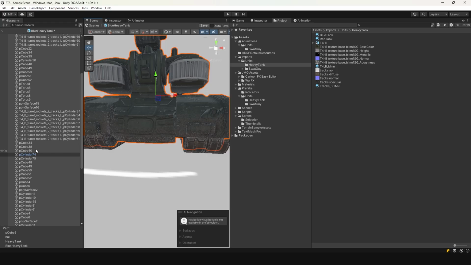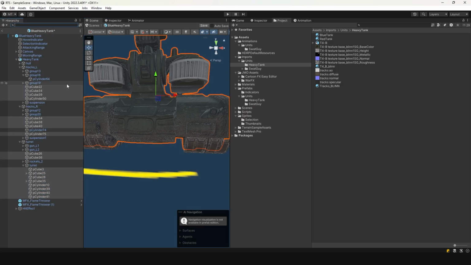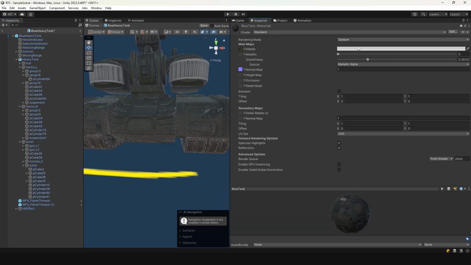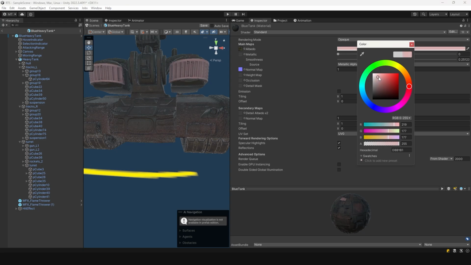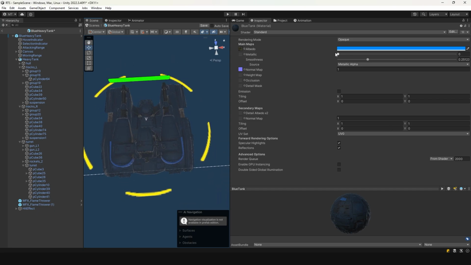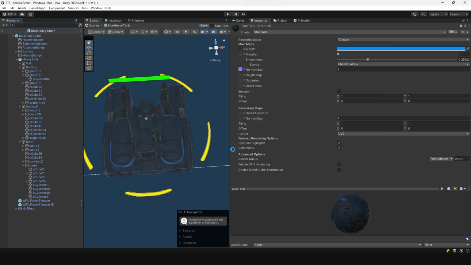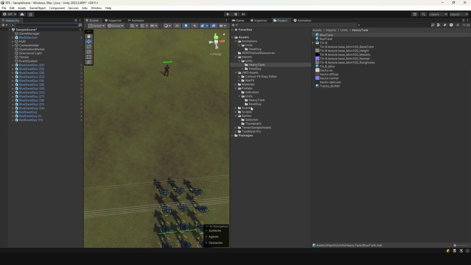Now we can go back to our scene. We can go back over here, cancel actually, let's close this over here, and let's select blue tank, go to inspector, and we can just go over here and put this on a bit blue. And I think that looks kind of blue. You can of course play with these colors as much as you want. That's probably a bit better, although we want them to be more blue like the other guys. So there we have a blue tank, and we can go back, hit save,